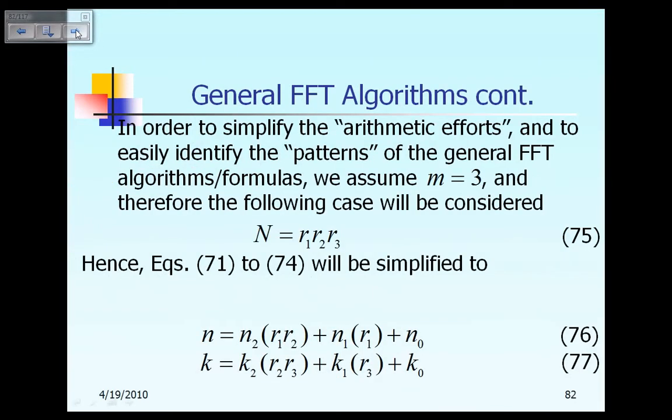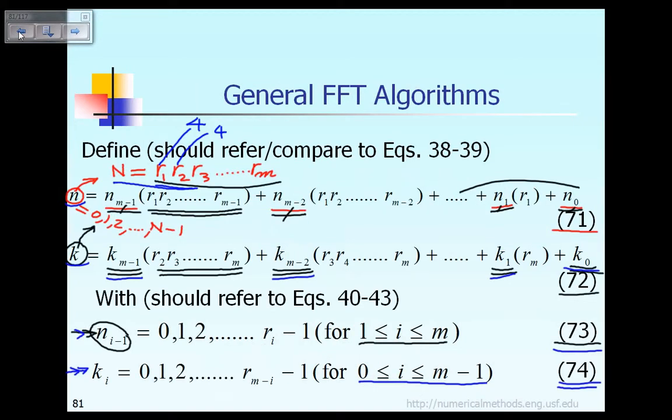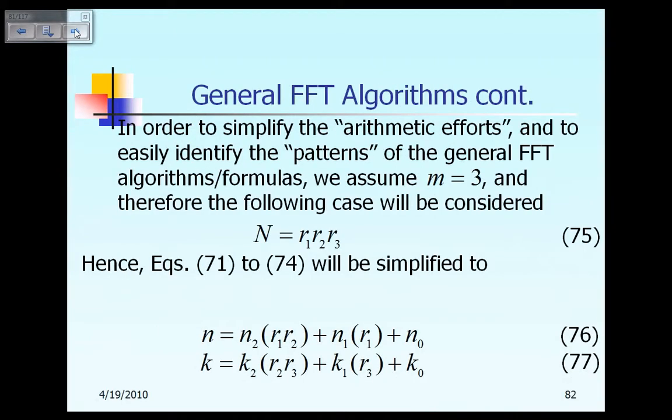Well, instead of trying to generalize it for the situation where capital N is equal to a product of m integers, R1 times R2 times R3 times R4 all the way up to Rm, let us try to simplify a little bit by initially just focusing on the product of R1 times R2 times R3. Okay, so right now